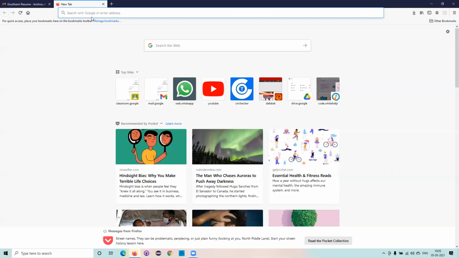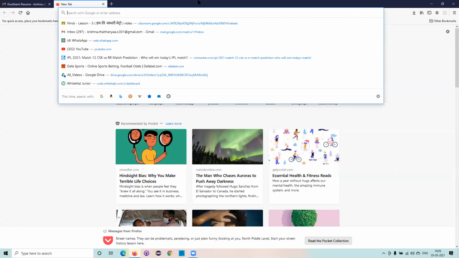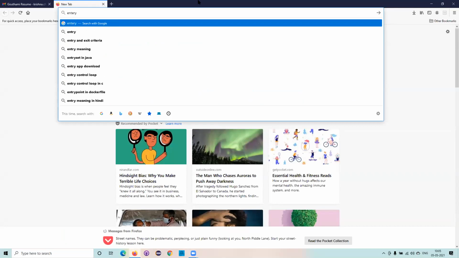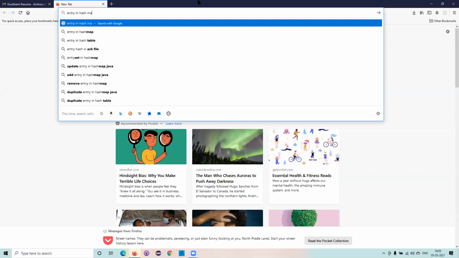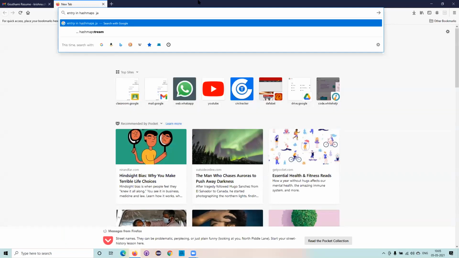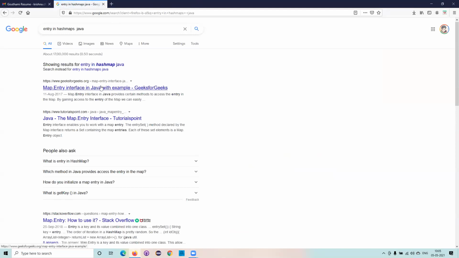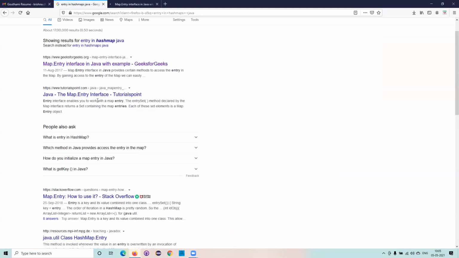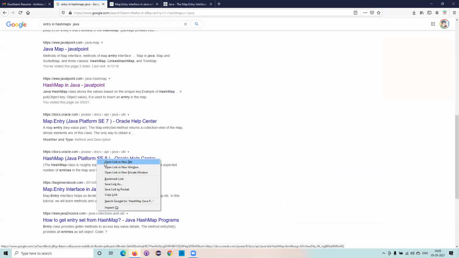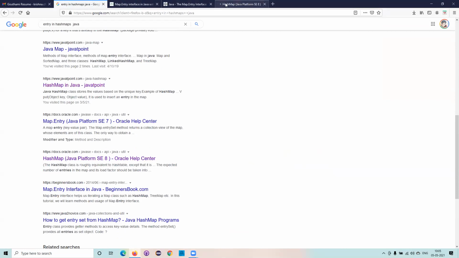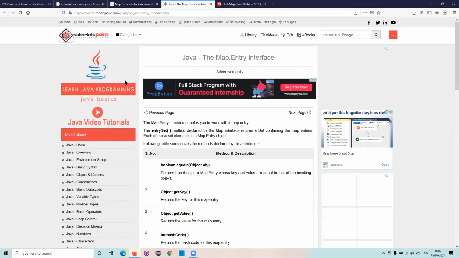This is one of the most popular questions about entrySet in maps. Entry in HashMap, Java.